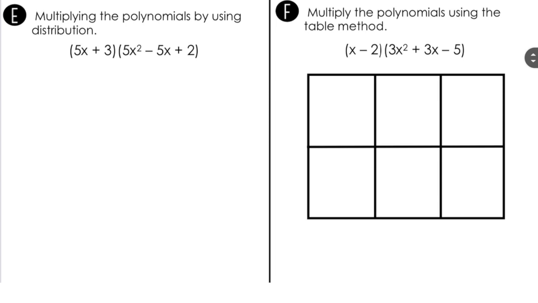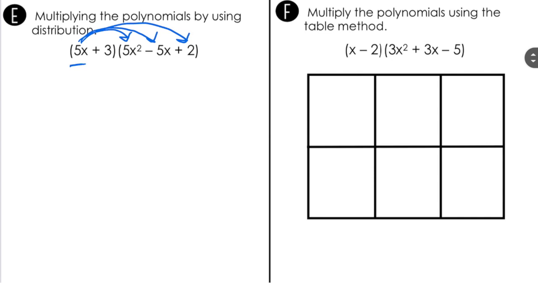All right, so now we're up to example E and F. And just like the other examples, we're just going to focus on one of them at a time. So we're going to start with part E and then move on to part F. So now we're multiplying a binomial by a trinomial. There is no fancy acronym for this, but we just have to remember that everything must get distributed. So let's start out with that 5x. I'm going to take that 5x and multiply it to everything